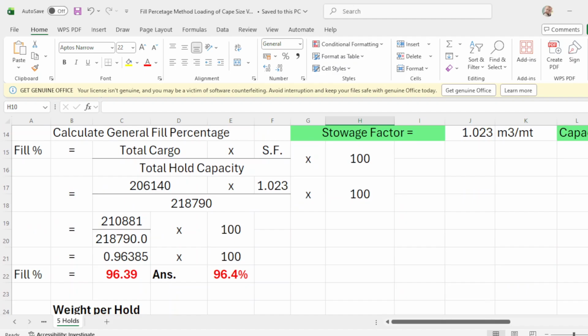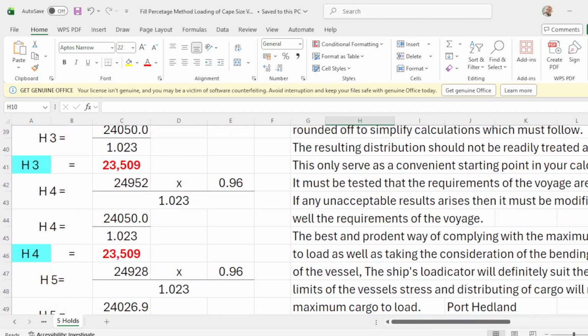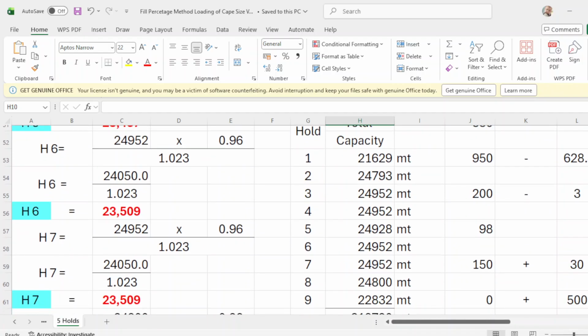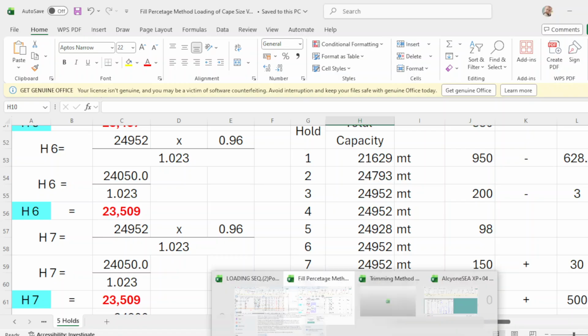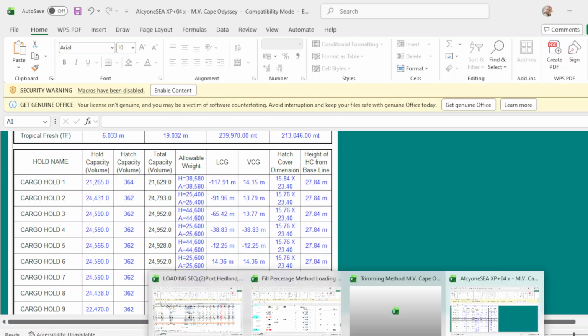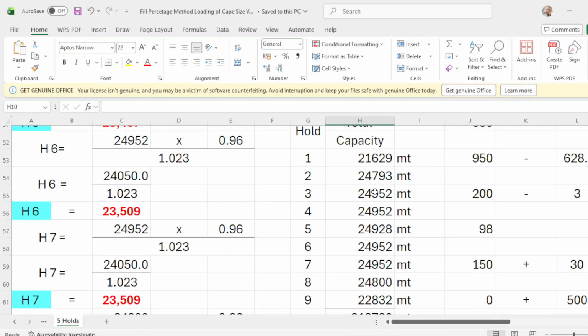The total capacity of, say, number 1 is 21,629. You have here number 2 is 24,793. And number 9 is 22,832.